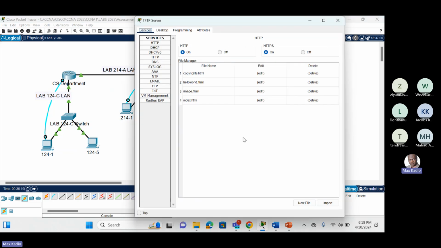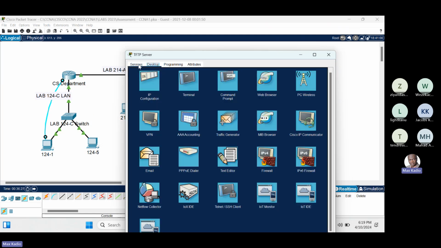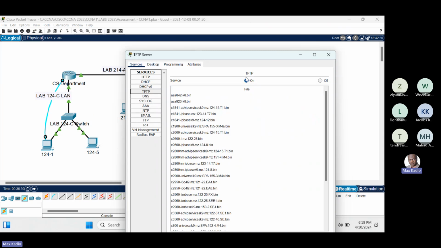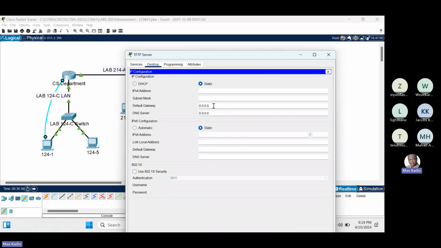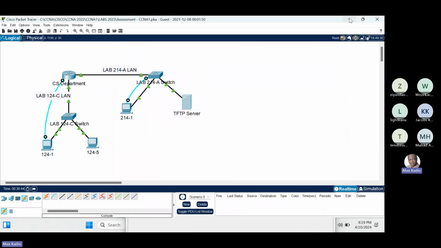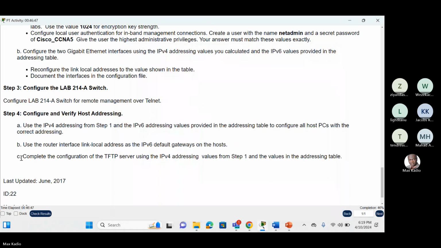We need to assign an IP address. We're here, TFTP. You go to Service, TFTP. The service is on. It's okay. Now we go to Desktop, IP Configuration. Now we need to add an IP here. Which IP? We go to the question paper. If you go to the table here,